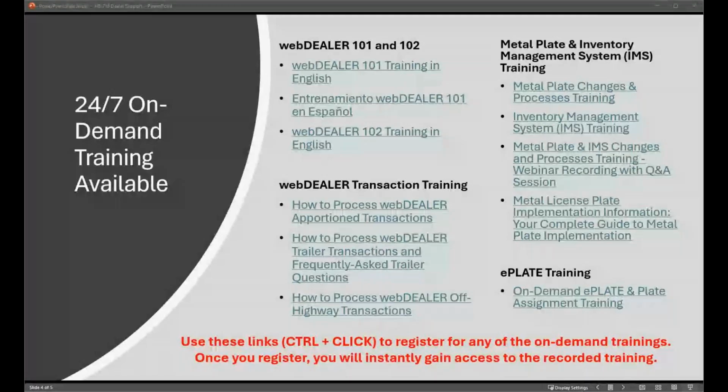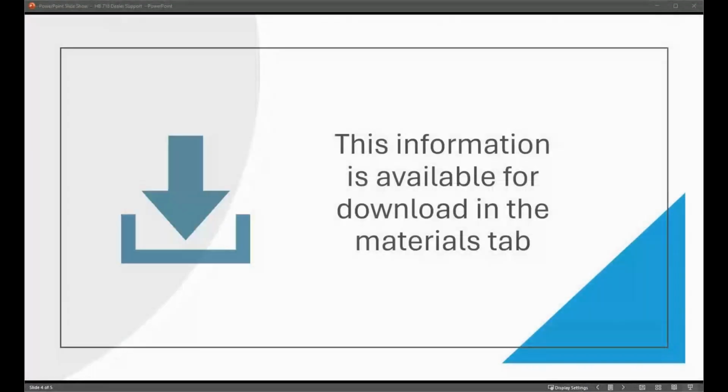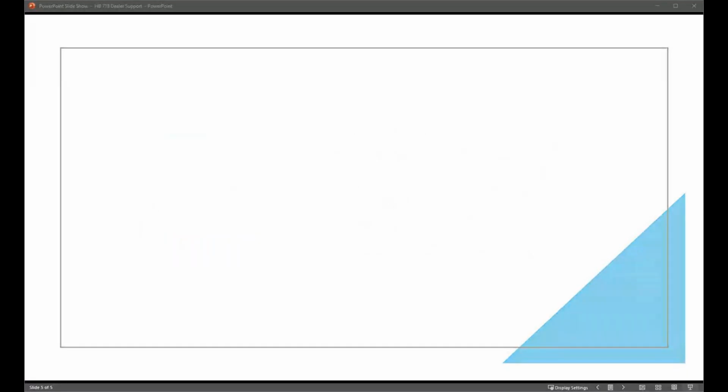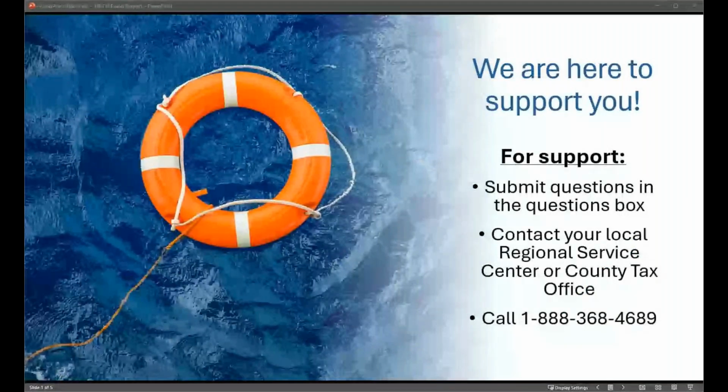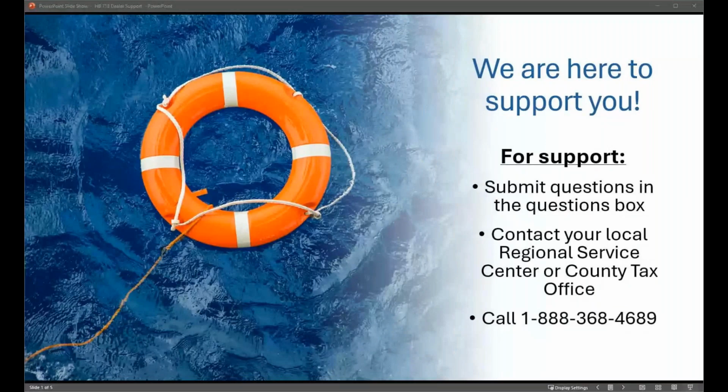In the event that you are experiencing issues seeing or issuing inventory in the IMS, you can utilize those internet down receipts to continue operations. To get to those internet down receipts, that is going to be through ePlate. Once you have logged in, you're going to go into the Plates tab. Towards the bottom of the drop down, you're going to have the option for the internet down receipts. Once you select that, it's going to give you the amounts that you have available, which we recommend printing all of those out, in the event that you need to issue a plate so that your customer can leave your lot.